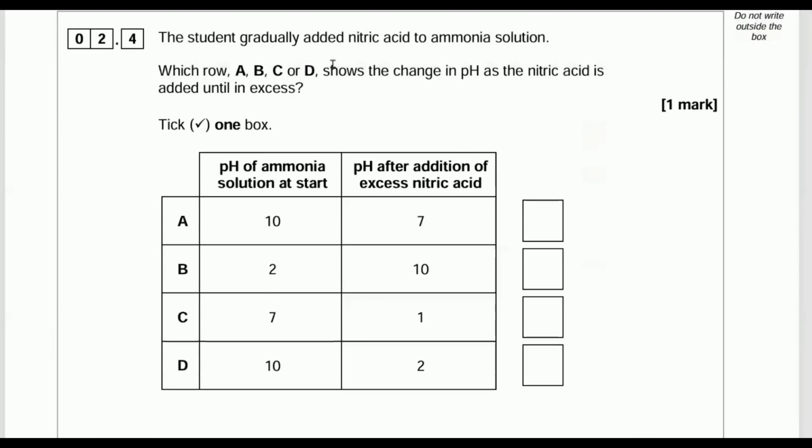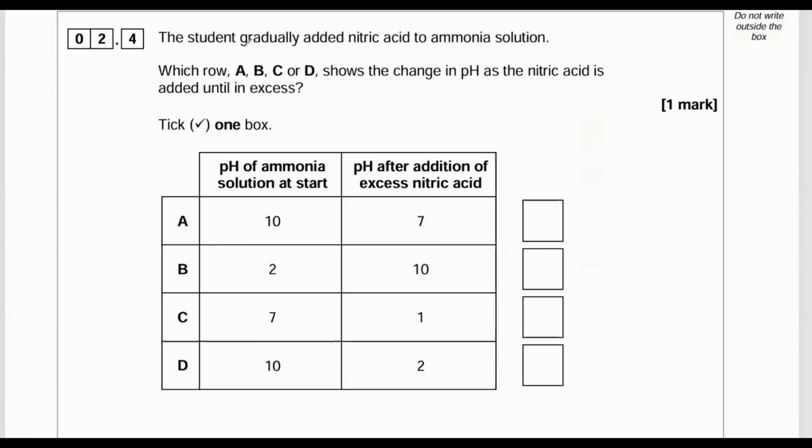The student gradually added nitric acid to ammonia solution. Which row, A, B, C, or D, shows the change in pH as the nitric acid is added until it's in excess? So we know the nitric acid is added until excess. So what would the final pH be? If you keep adding acid till there's nothing else left but nitric acid, what would the pH be? Well, the pH